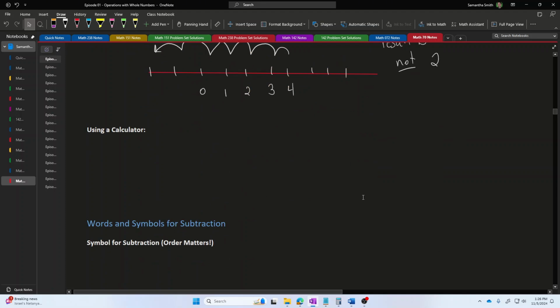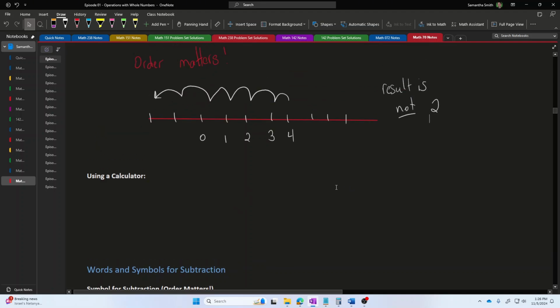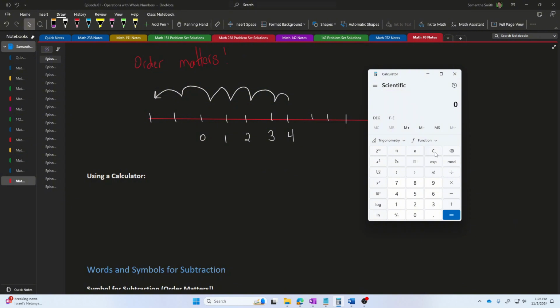It's also possible to subtract using a calculator. And once again, this is really useful if you're subtracting large numbers. If I want to subtract on a calculator, for example, if I want to subtract 4 units from 6, then I would start with my pile of 6 objects. I would type 6 into the calculator first, and then I would press this symbol here on the bottom right, this horizontal bar. This is the minus sign. And then from 6, I would minus 4. 6 minus 4. And hit the equal symbol. And this is giving me a result of 2 as well.